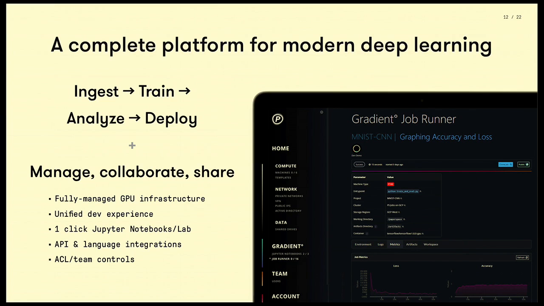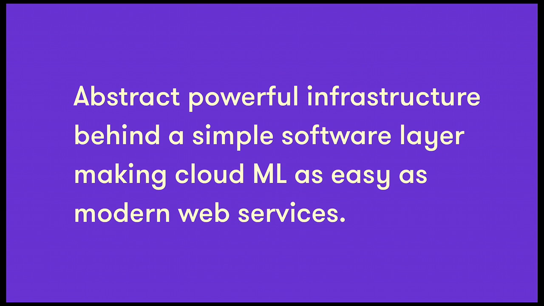And as best practices emerge, we formalize them in Gradient. So some examples of that include containers becoming a standard today, first-class support for Jupyter, as well as, in addition to our CLI, we now have a full Python language integration. So in a nutshell, I guess our goal is to make CloudML as easy as building a modern web service. Obviously, there are a lot of different ways to approach this, but we believe that this CI/CD model is a really valuable way to conceptualize the process of doing modern deep learning in production and at scale.